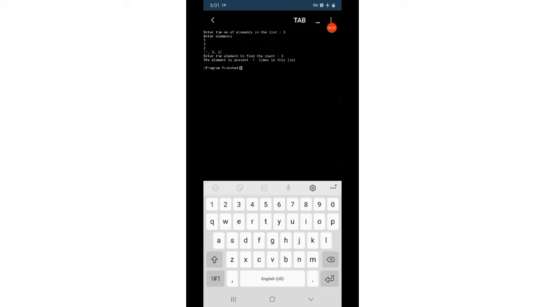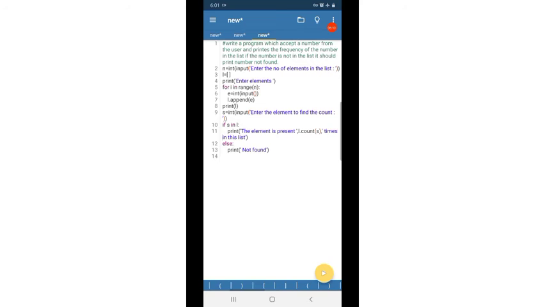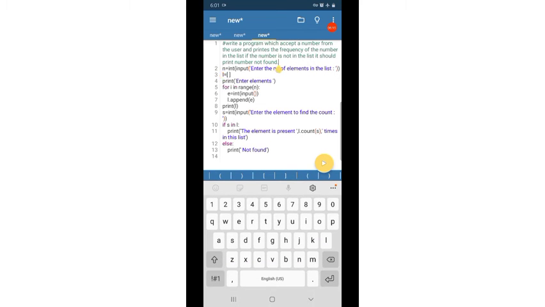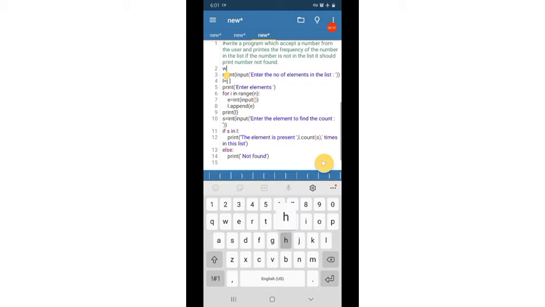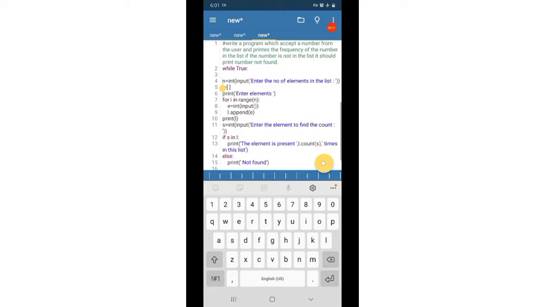So if you are thinking we have to run the program again, here itself without going back, we can write this program inside a while loop like this: while true. That is, inside this statement, we write this program.